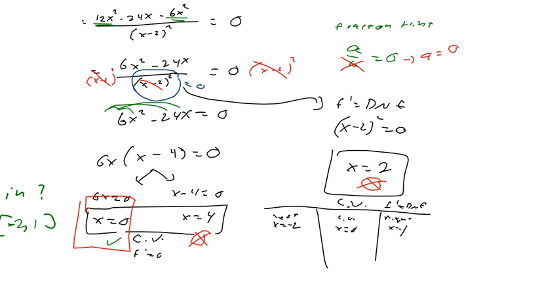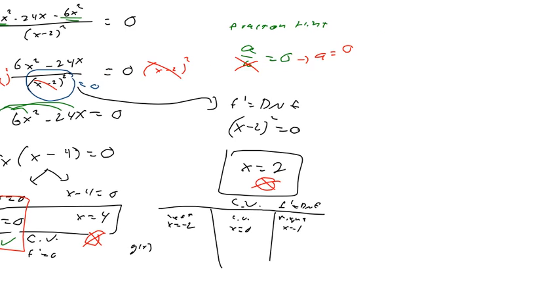And let's plug it into our original function, f of x. Well, I guess it's g, isn't it? G, whatever. G of x, fine. Our original function, g of x, was equal to 6x squared over x minus 2. So if I plug in -2, -2 squared is 4, 6 and 4 is 24, divided by